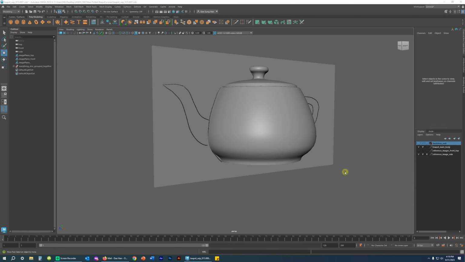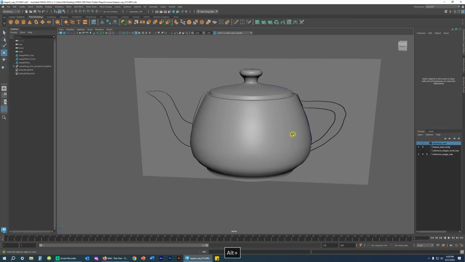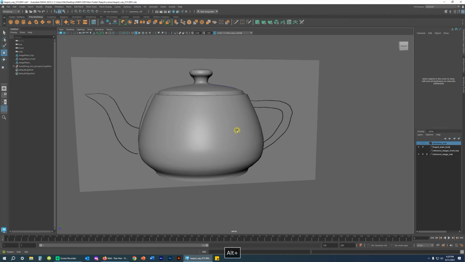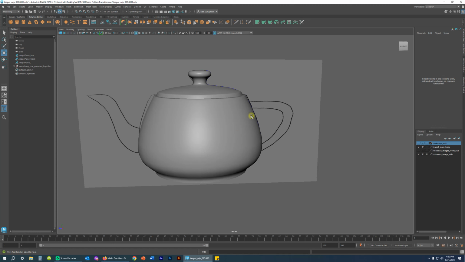Okay, so here's the update I mentioned about the revised steps for the spout, and also for